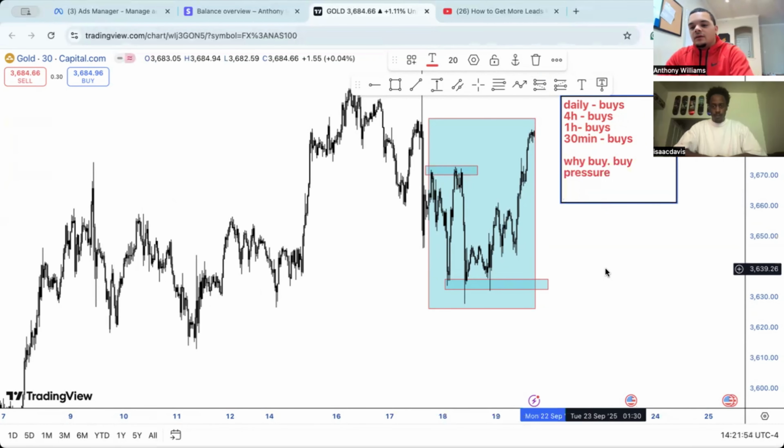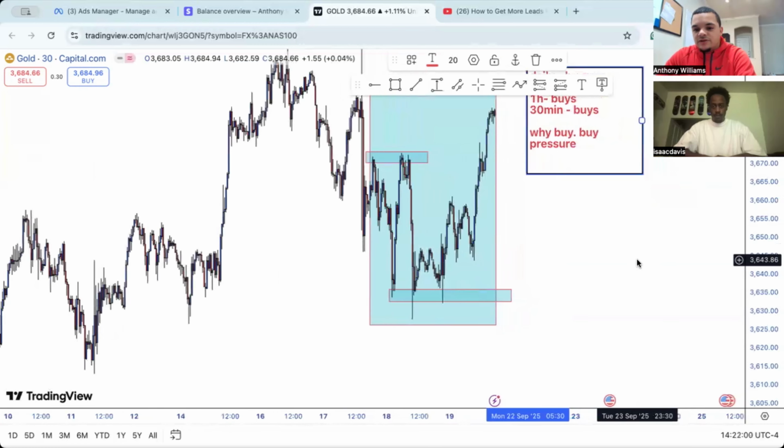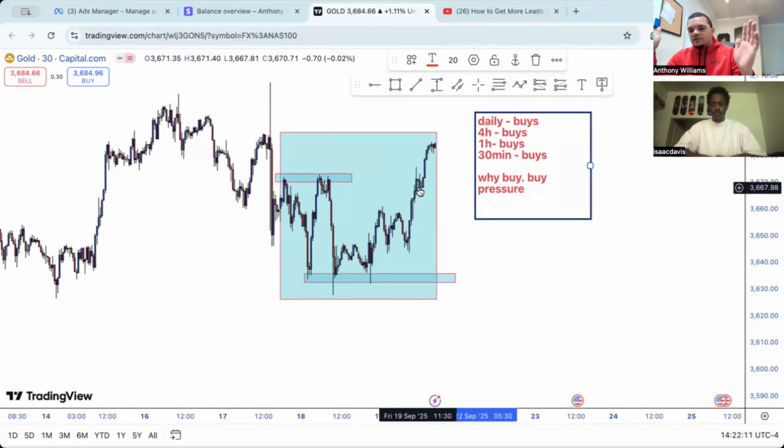That means out of all the banks that are in the market, and just for better understanding, let's just say Bank of America and Chase. Obviously, you know Chase is bigger. So let's just say Chase is driving the market. And it's not just Chase, it's millions of banks, this is just an example. Chase is driving the market all the way up here, and Bank of America is on the sell side. So let's say Bank of America is over here and they're selling. Obviously, Chase is winning because they have more buying pressure, more money. So that's what I mean by why. Why are we buying? Because there's more buy pressure right here currently.